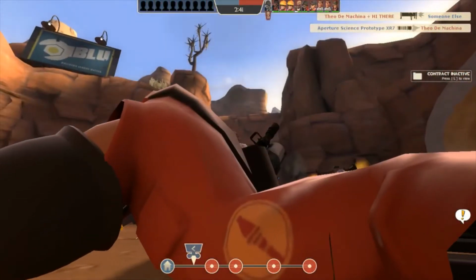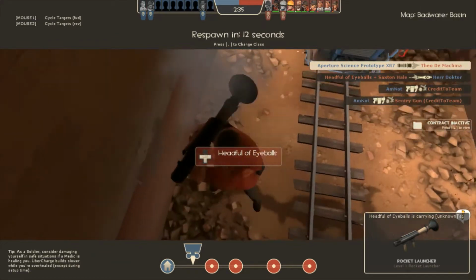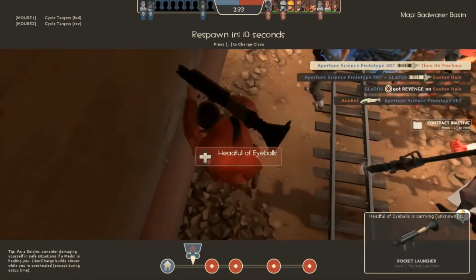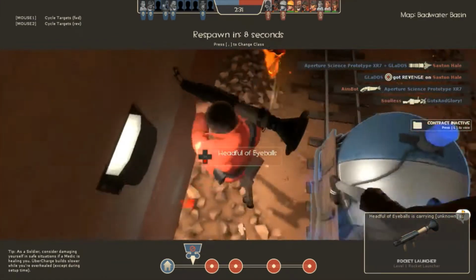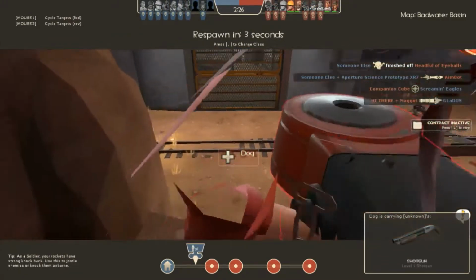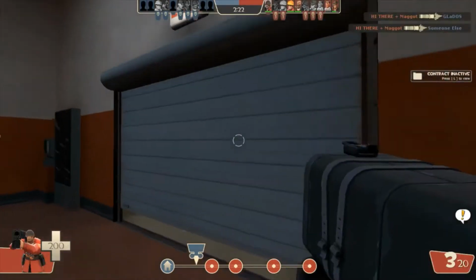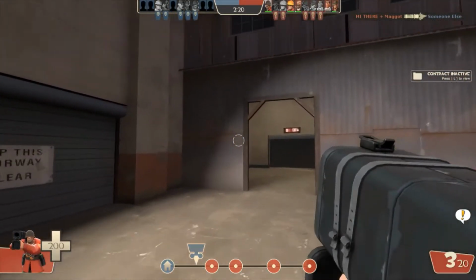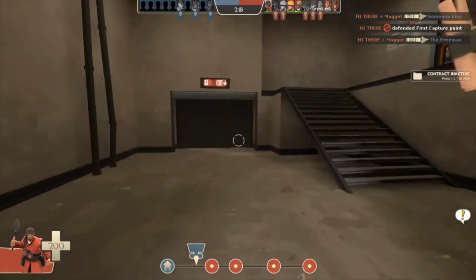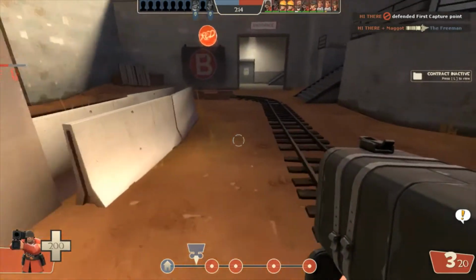Oh, come on! Oh my word, he had so little health too. I have the third weapon I've equipped, which, for the sake of the audience, I will try to get a kill with, but it's almost impossible. It's called the Market Gardener. The Market Gardener is the ultimate in skill weaponry. It is a shovel, like Operation Market Garden from World War...